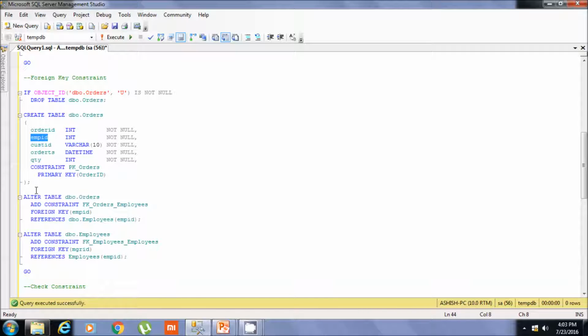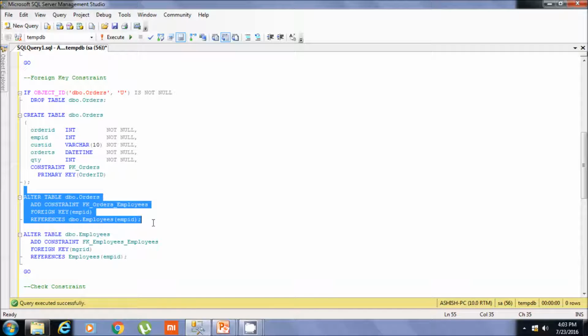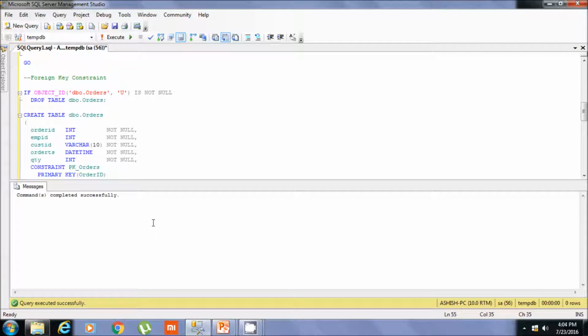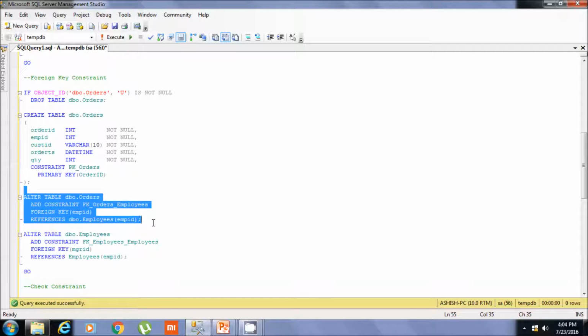Now we will create a foreign key constraint on the employee ID column of the orders table, which will reference back to the employee ID column of the employee table, so that we will have only those values coming in this column of the orders table which already exist in the employee ID column of the employee table. So here we created a foreign key relationship between the orders table and the employee table.